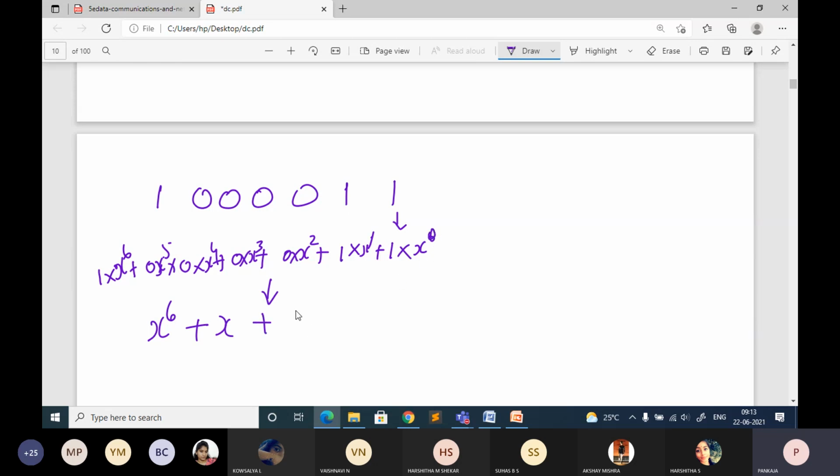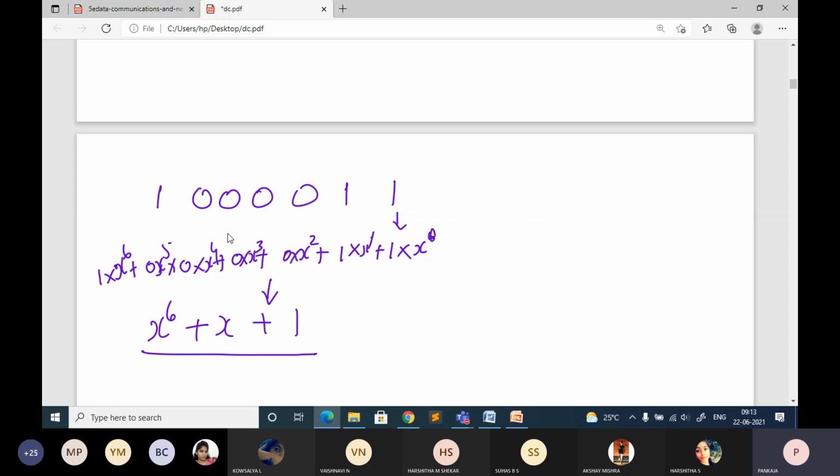Okay, x power 0 is nothing but 1. See, this is the number of bits, it is simplified to 3 terms. If you are using this for division, you have 4 more steps for division of these zeros. Those steps can be resolved, or removed, and you can reduce the number of steps taken in CRC. So that is the main purpose why we are going for a polynomial.